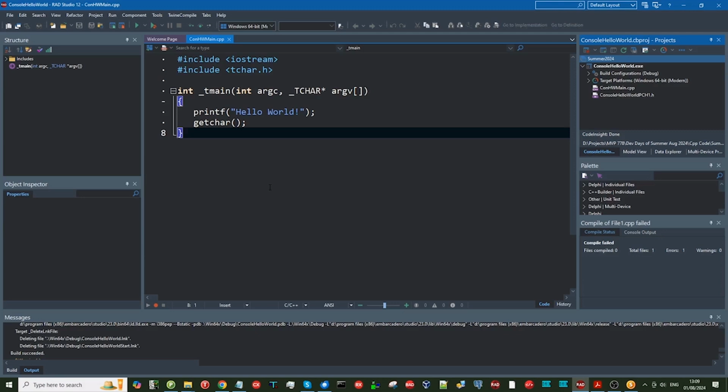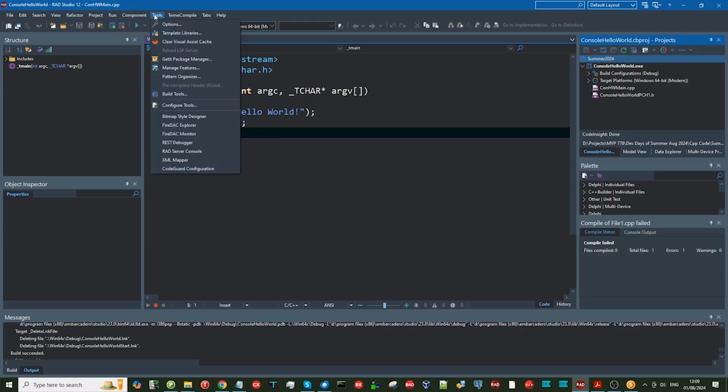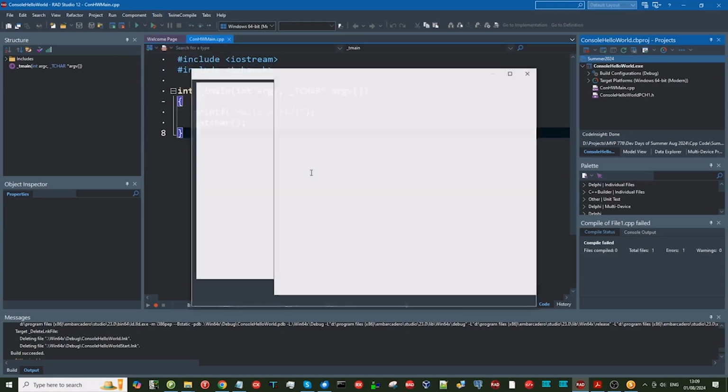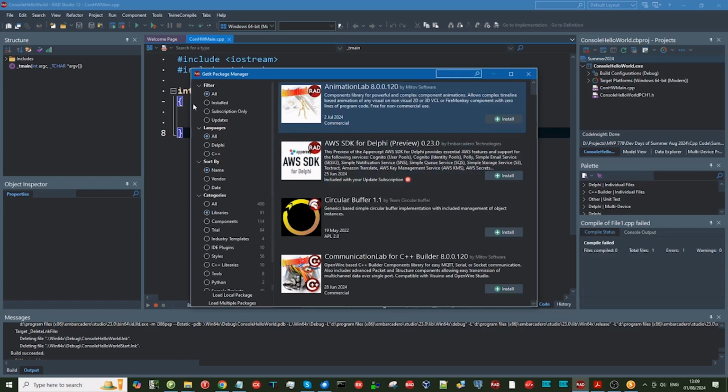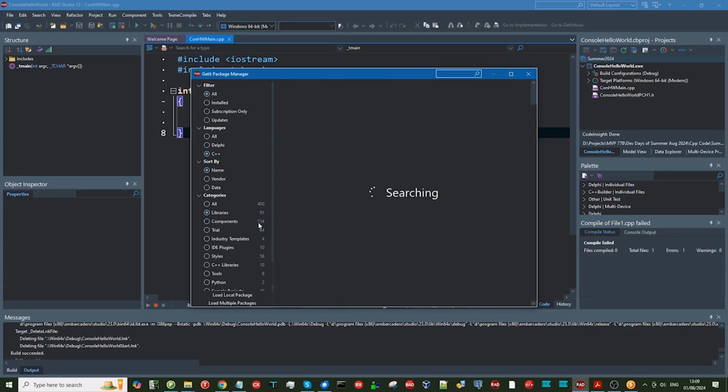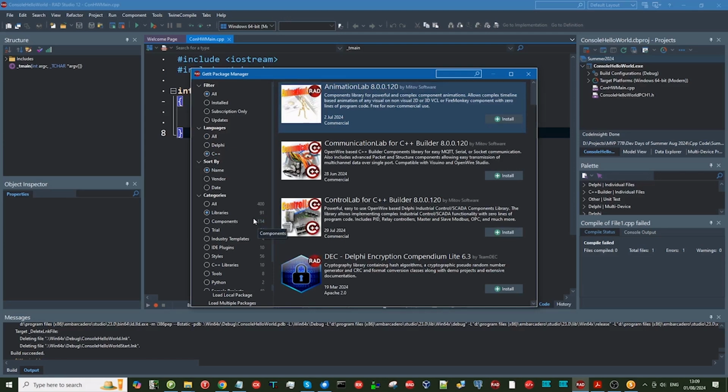To use the Get It package manager, you go to Tools, Get It package manager, and you'll see that it's listing some of the many available packages here, and there's various filters that we can apply to help us search for what we may need. In particular, we can click on the C++ section, which will narrow it down to those that are compatible with C++, although many third-party packages are still available or work well with C++, I should say,